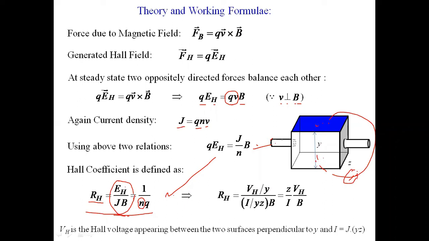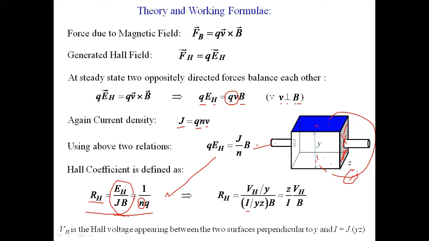Next we require current density. We can connect an ammeter here to measure the amount of current flowing through this circuit. So I can be easily determined. But what about current density? Current density is current per unit area. Which area? You know that current is passing through this area. This is the area through which current is passing.